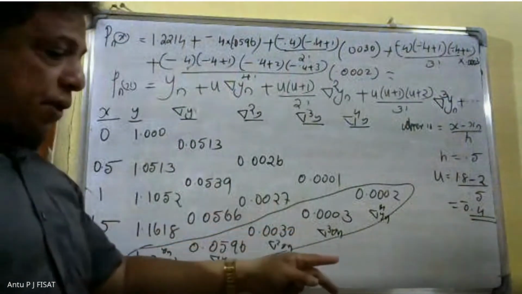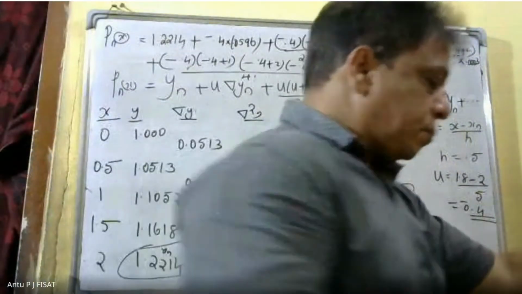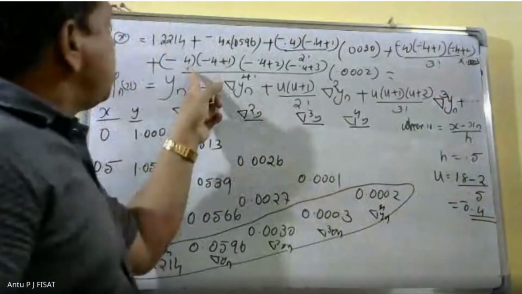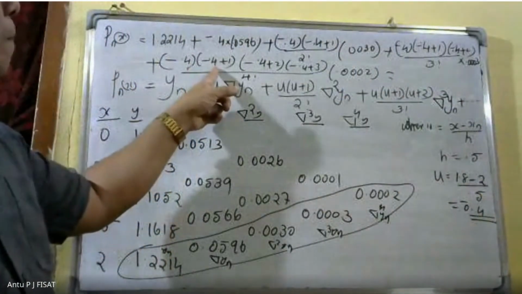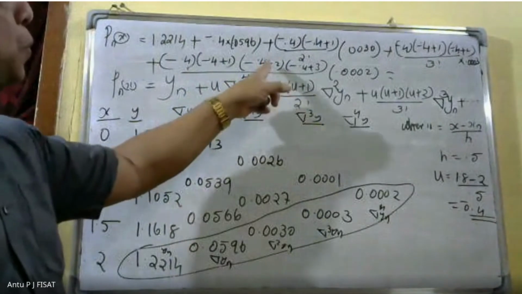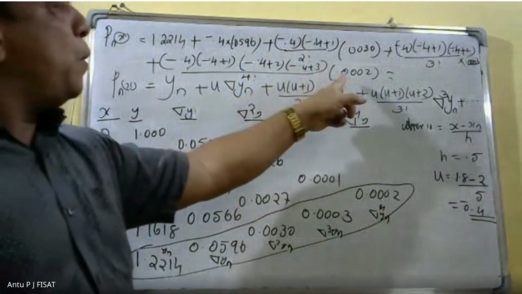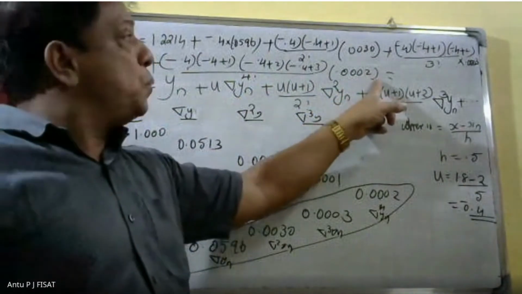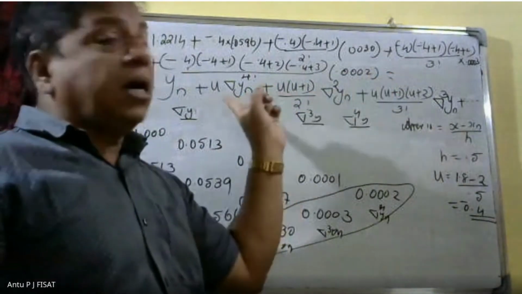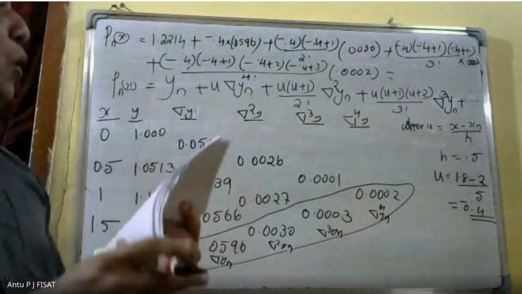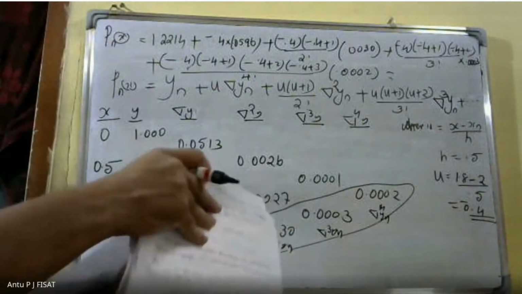Then the third value, that is minus 0.4 plus 1, minus 0.4 plus 2, minus 0.4 plus 3 divided by 4 factorial, 0.0002. Substituting the values in the Newton backward interpolation formula and simplifying, you will get the value as